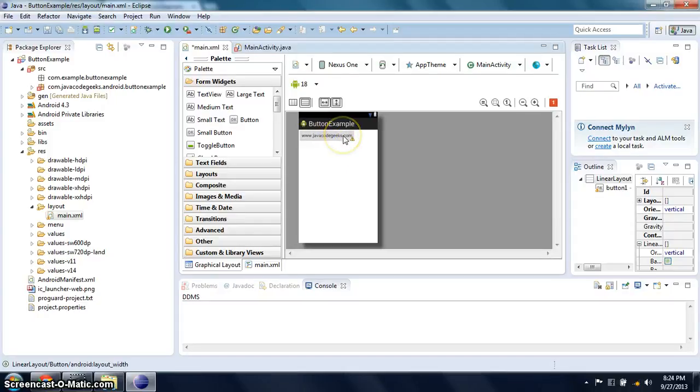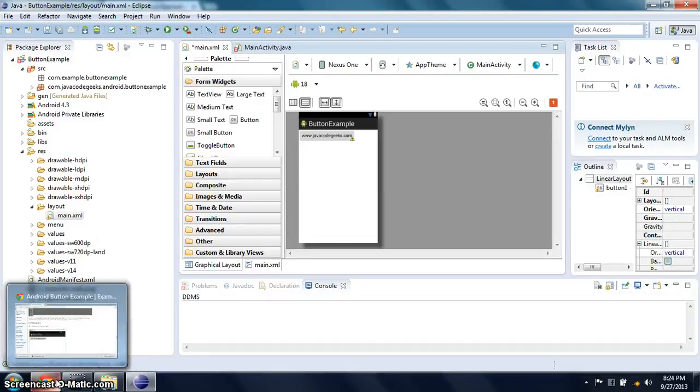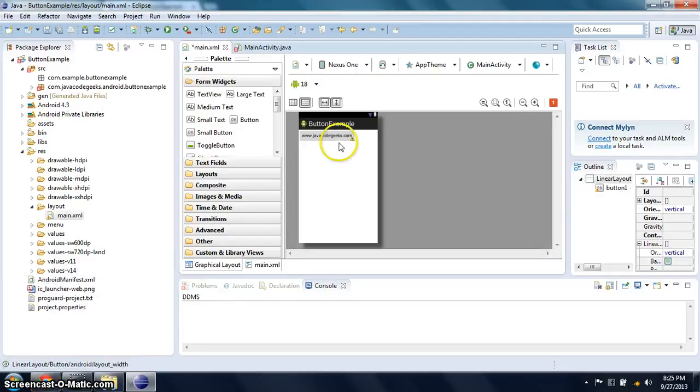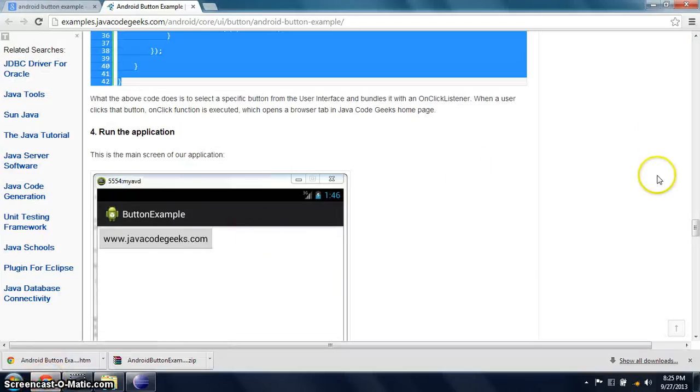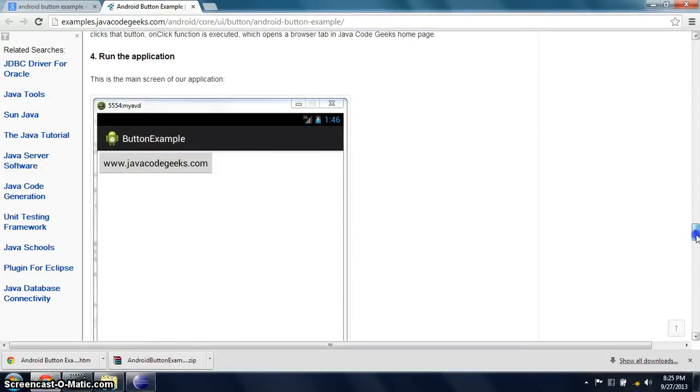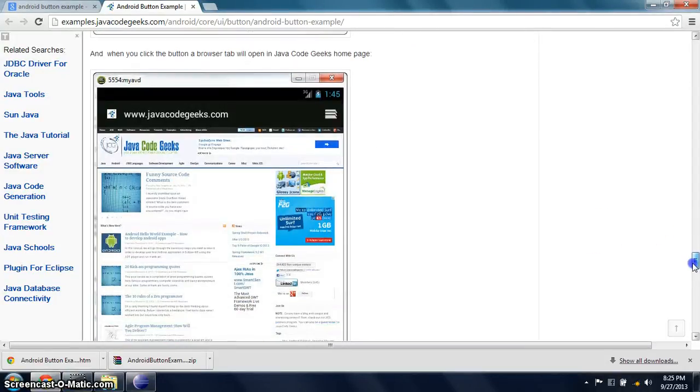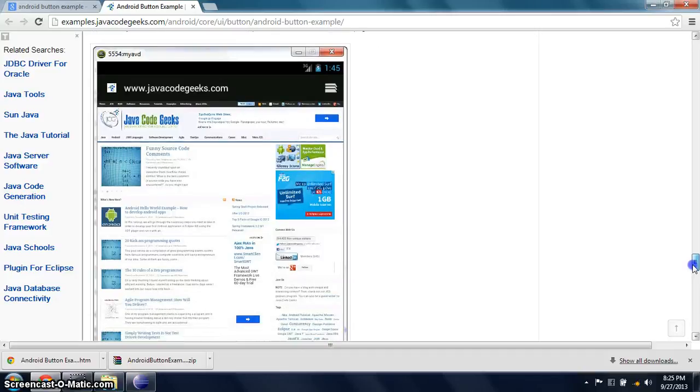When you click this button, a browser tab will open on the Java Code Geeks homepage, like this one. If you click this one, it will directly go to javacodegeeks.com.